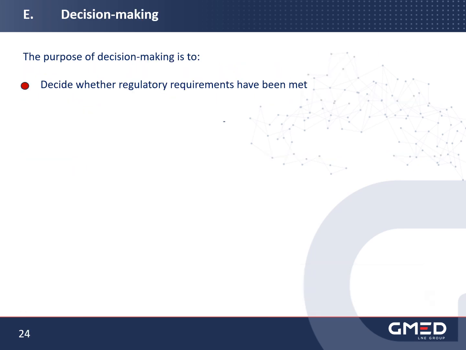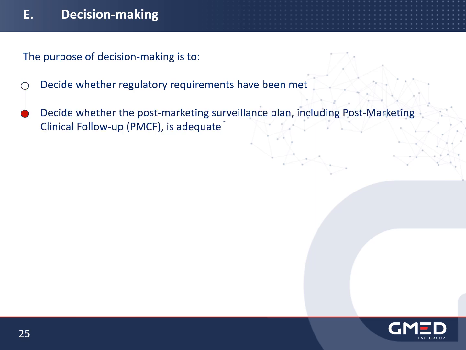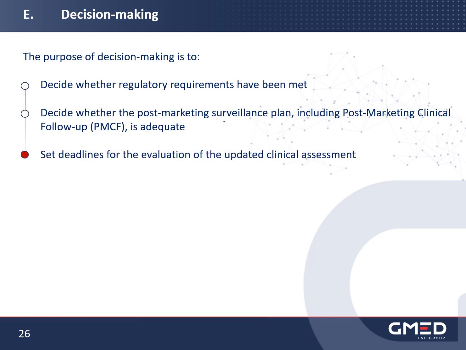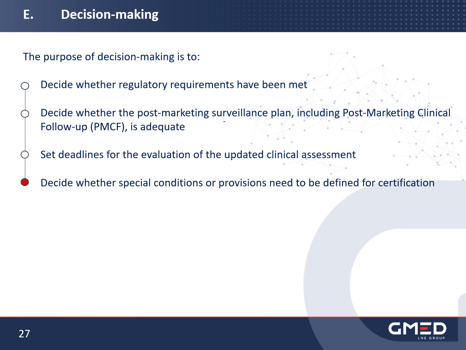Turning now to the decision making, which constitutes the second stage of the decision phase, it is important to stress that it is during this stage that the notified body will decide whether regulatory requirements have been met, decide whether the post-market surveillance plan, including post-marketing clinical follow-up, is adequate, set deadlines for the evaluation of the updated clinical assessment, i.e. when the clinical assessment drawn up by the manufacturer will be evaluated, decide whether special conditions or provisions need to be defined for certification, such as restricting use of the device to certain types of population,